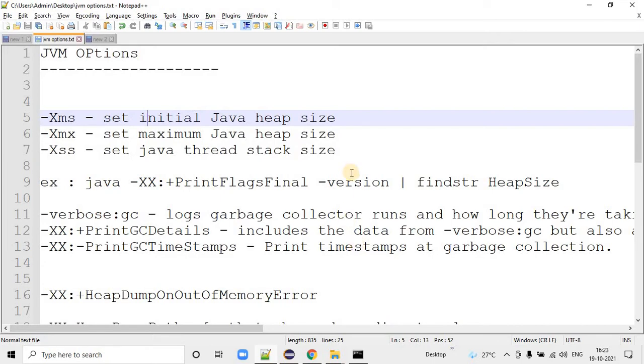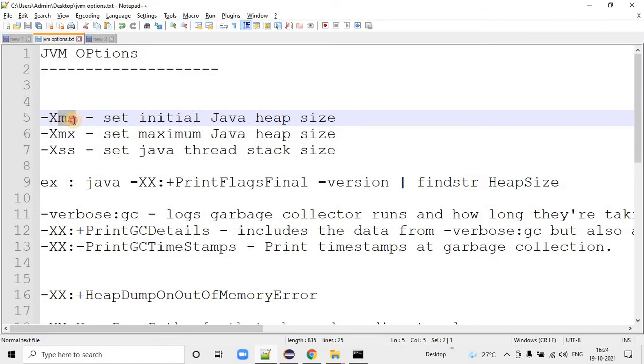Some of the options are very important. All the JVM options will start with capital X, okay? For every option, it starts with capital X. I have jotted down some of the JVM options. -Xms is the initial size of the Java heap, initial size or min size you can say.